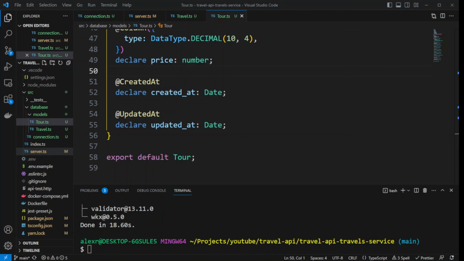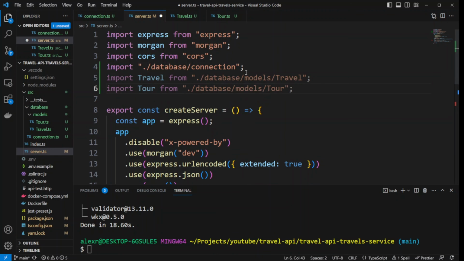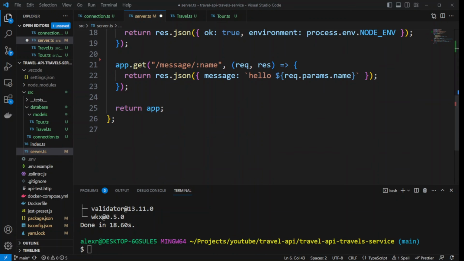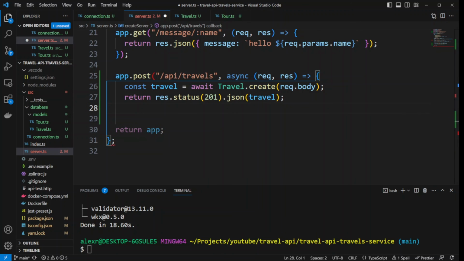Now let's go ahead and add the code to the server.ts file. We're going to be importing our models, and at the end of the file, let's create a few routes to test the models. All right, let's create the post route to create travels. So we're going to be using the model, and we'll take the payload and create a travel,